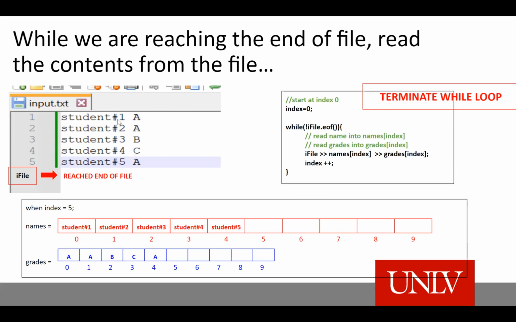So we read the data of the first 5 lines into the first 5 components or elements of an array for names and grades in this manner. Both of them are parallel arrays because I know that I'm saving names and grades into each of them. Names and grades are connected. So the first position in names gives the name of a student, and the first position in grades gives the corresponding grade of that particular student.